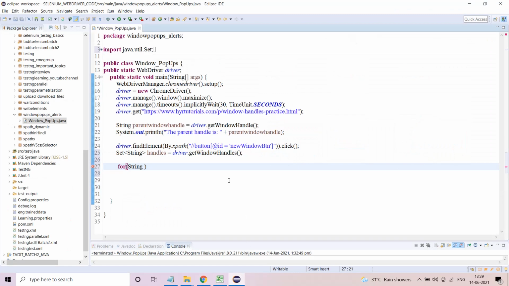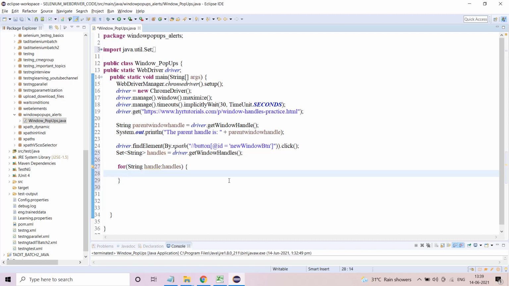So I'm trying to manage all the windows that might open in the near future as well. So what I'm going to do is handle this my way. I'll write handle and I'll write handles. Now I have designed the for loop. Now let me just print out the handle. I'm trying to determine how many; you can use a total handle word as well, but unnecessary, why make a lot of fuss. So let's see what system.out.println gives us.